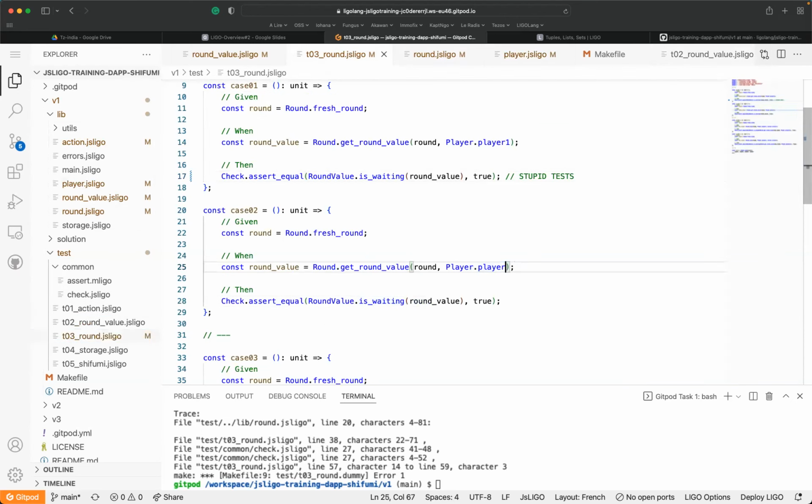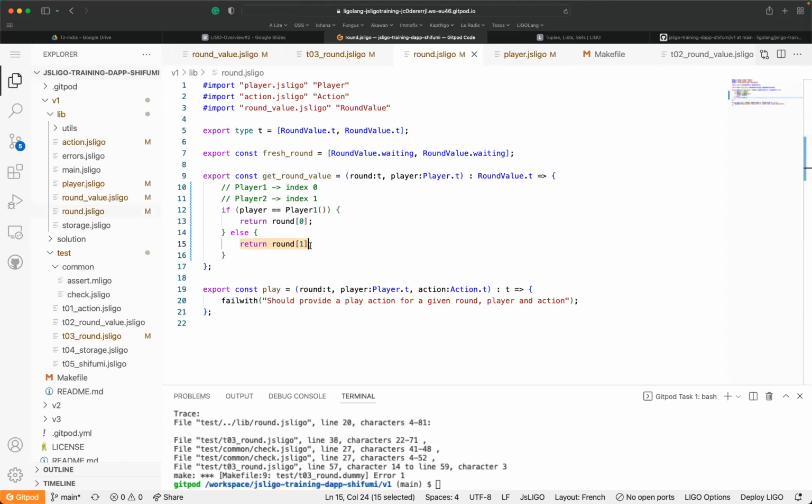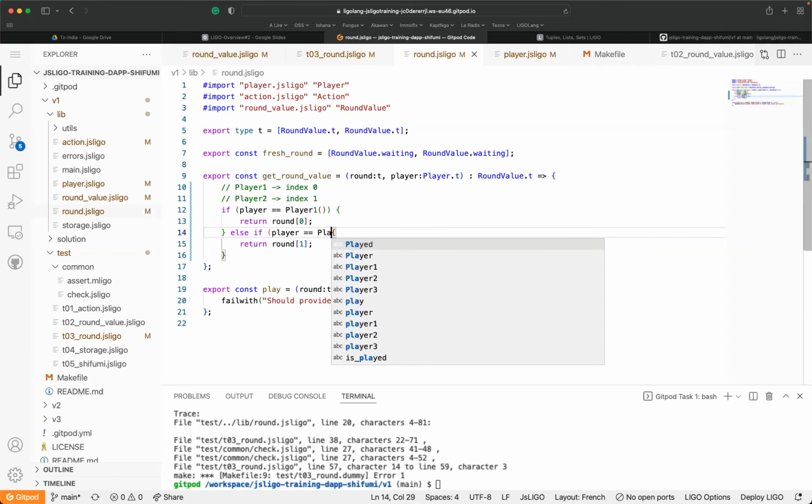The test is not correct because here we state that this value should be returned for any player which is not player 1. So here I can decide to add another one, which is player 2.